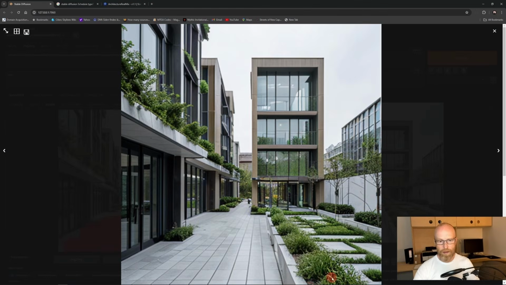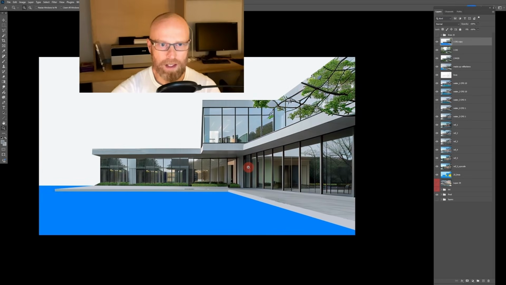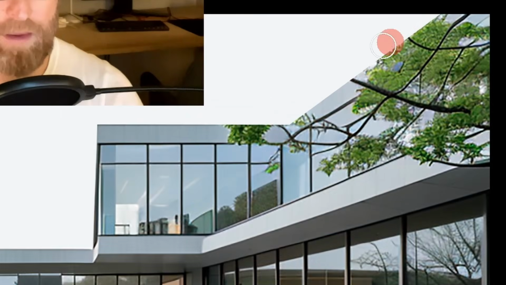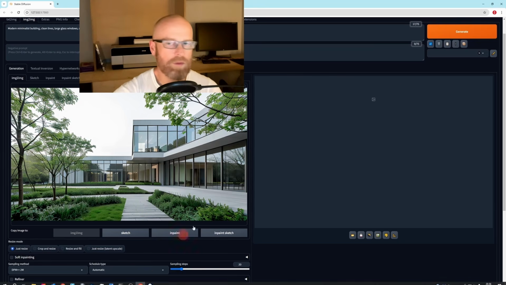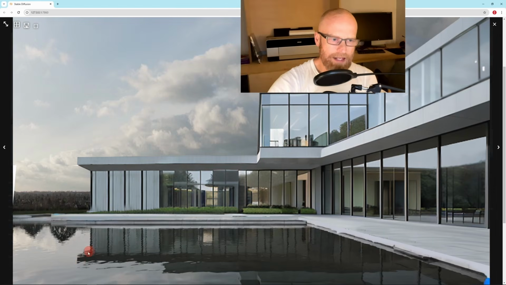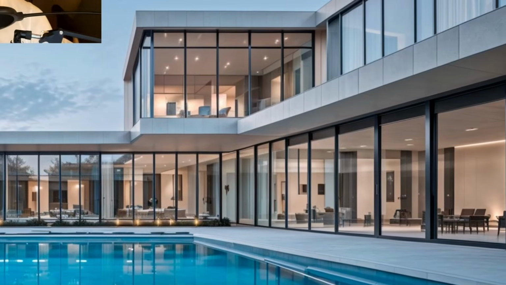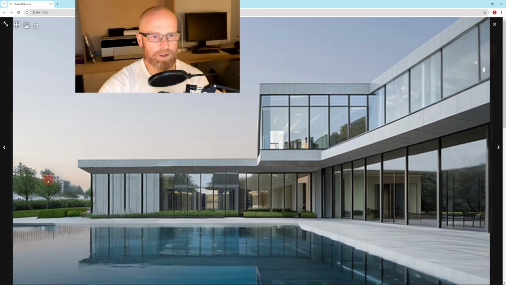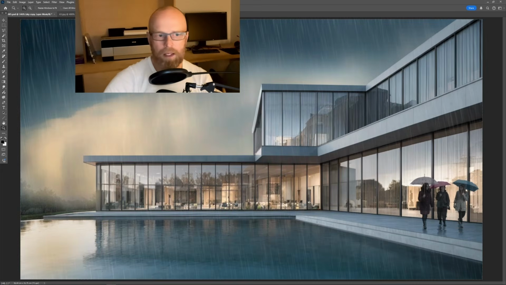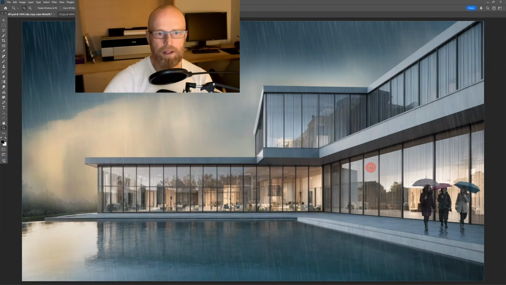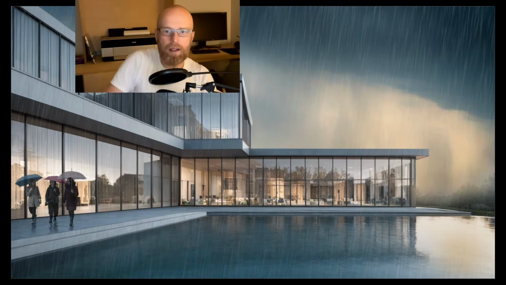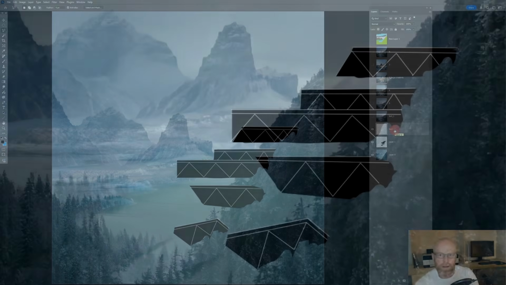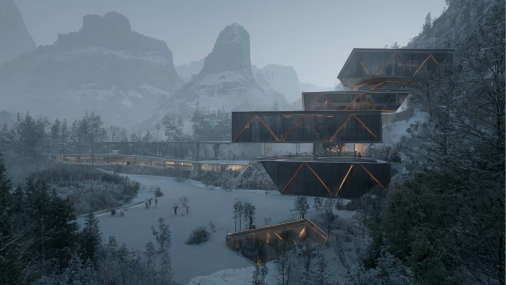You will also learn how to use Photoshop to control Stable Diffusion, not just as a post-production tool, but as a way to guide geometry, enforce specific materials, make realistic reflections, place openings correctly, integrate context, and shape the final visual outcome. We go through practical workflow combinations using NVIDIA Canvas, ControlNet, and Photoshop, showing how they support each other